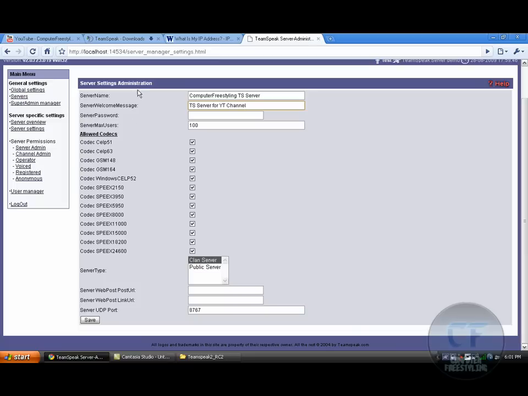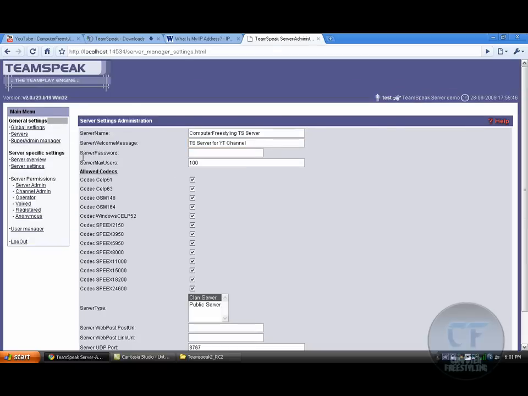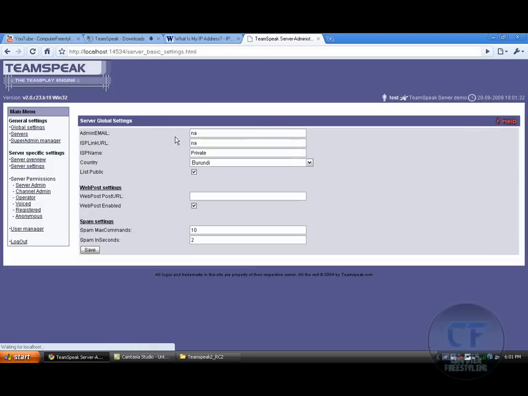But another amount of settings in the web panel that you might want to look into is global settings. This information is the admin email, because I'm sure people can look this up and they'll want an email, maybe comments on the server. So, email at